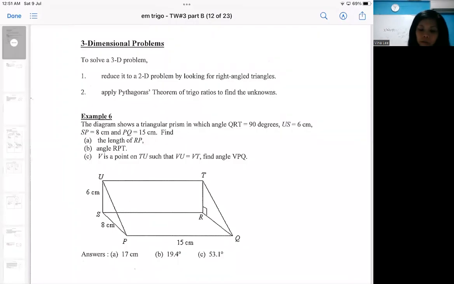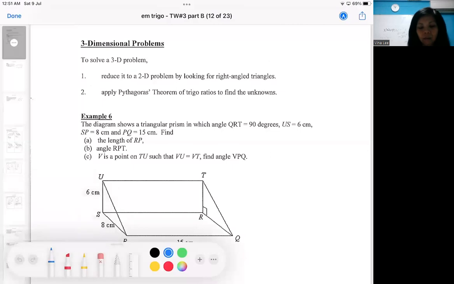So in this question, we'll be introducing the idea of three-dimensional problem. There is a problem with this type of question because the diagram is three-dimensional. So there are 90 degree that doesn't look like 90 degree. Okay, so you got to have this awareness that because it's three-dimensional, there are 90 degree that doesn't look like